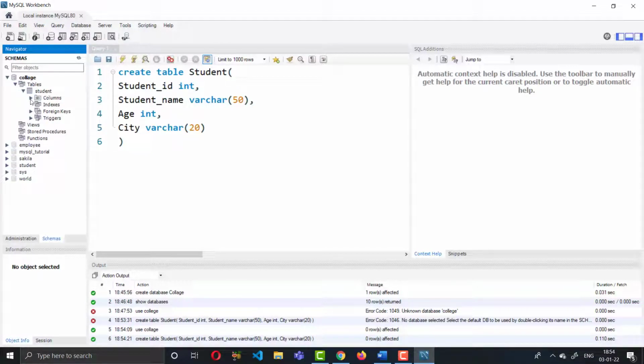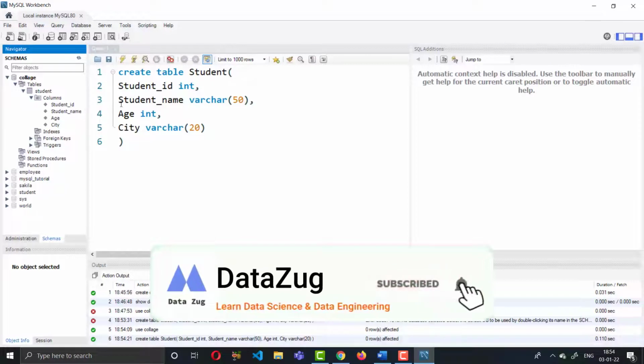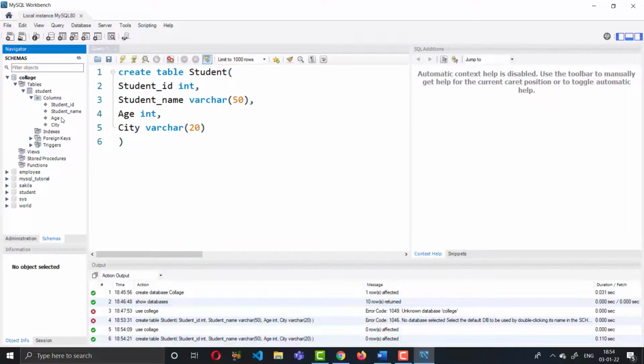In the student table there are the columns: student id, student name, age, city. So you have set the student id, student name, age and city columns. So these four attributes, four columns, have been created. So the structure of the table is now created.